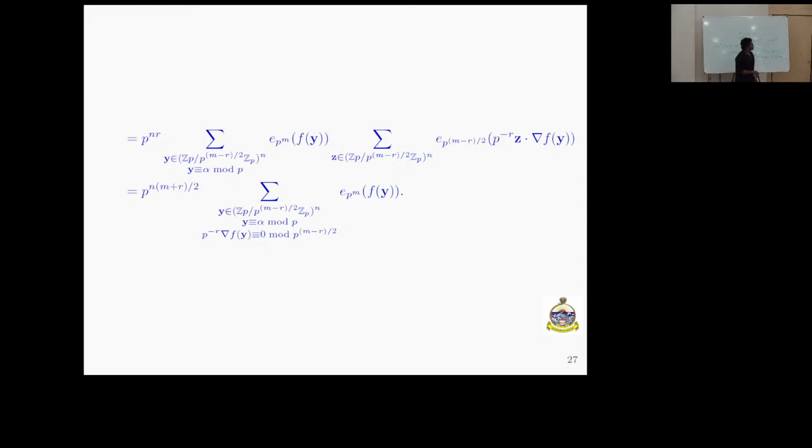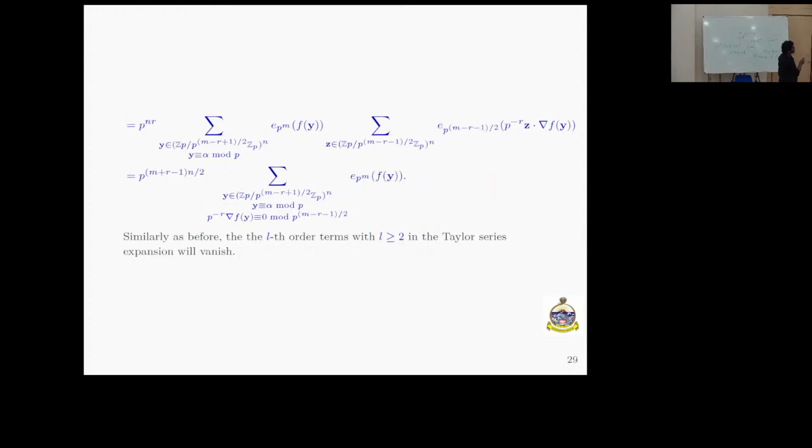Fine. Okay, so this is the first case, whenever m minus r is even, and similarly when m minus r is odd. As it is odd, now we are taking 2 dividing m minus r minus 1. We take the same trick, basically the same, but here it will be a little different. If you do the same calculation, you will land on the same case, but this modulus is a little different. And how this will work in the final theorem, I will show. Again, one can check that for L greater or equal to 3, this term will vanish.